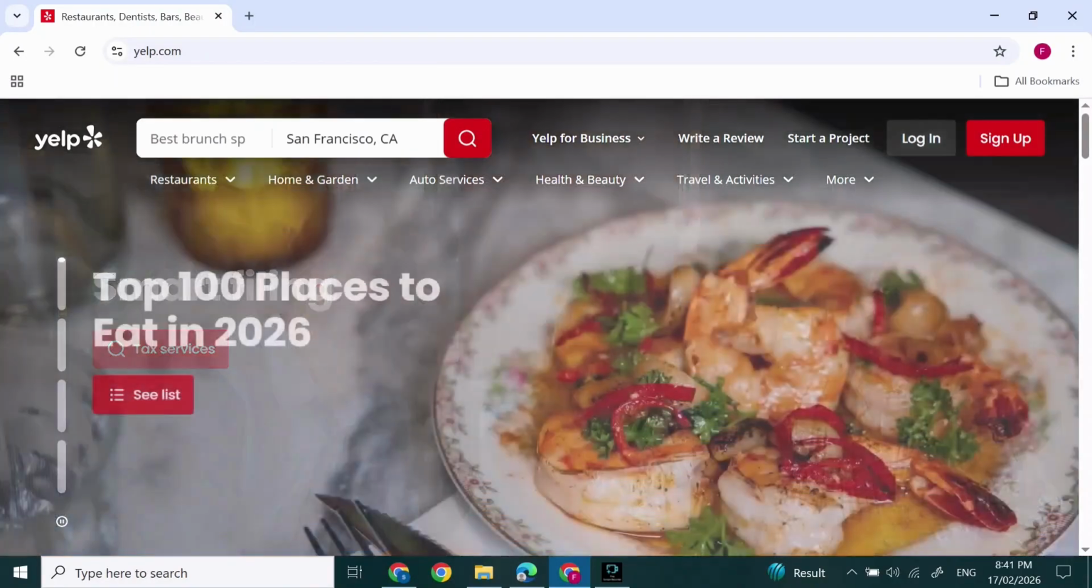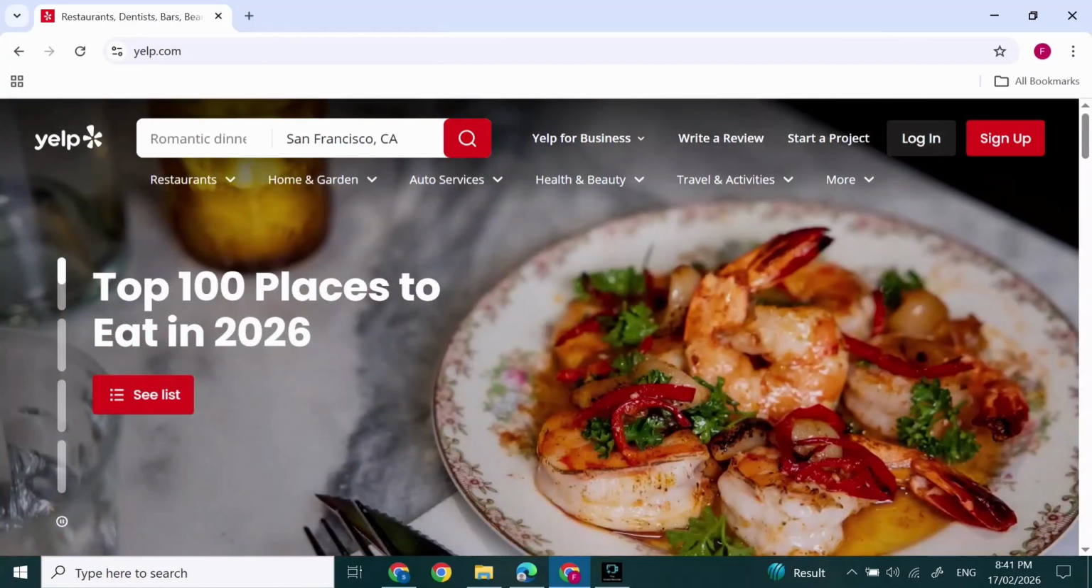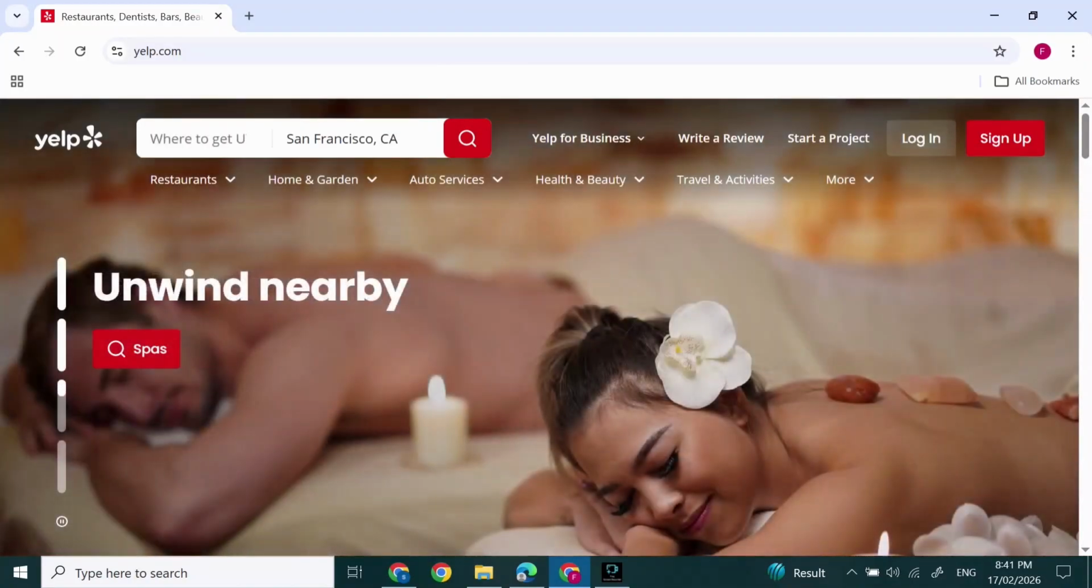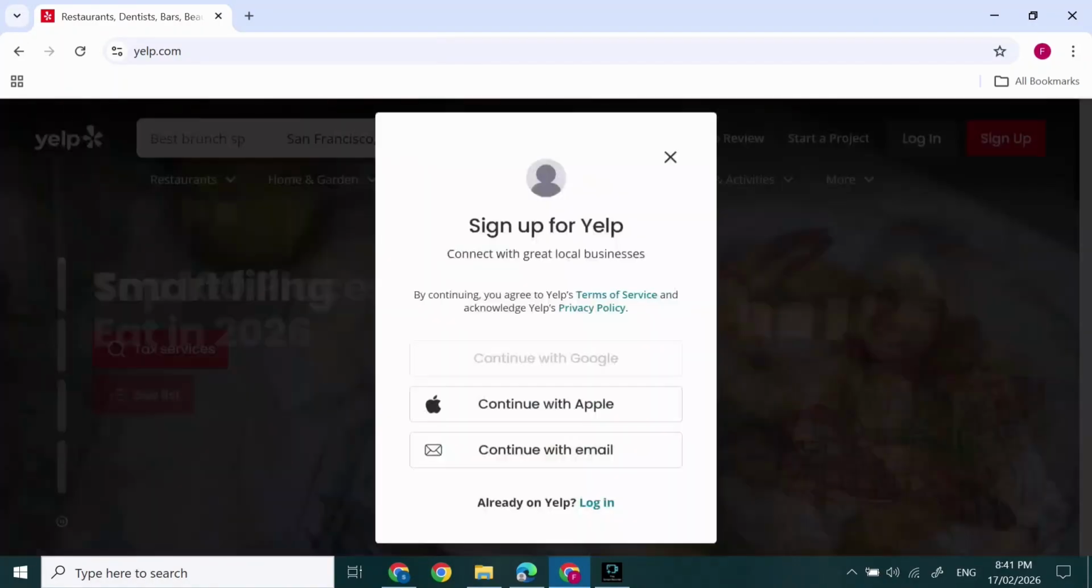First, open Yelp on your device. After you're in the Yelp website, click on Sign Up at the top right corner of your screen. After you click on Sign Up at the top right corner of your screen, you'll find this kind of screen